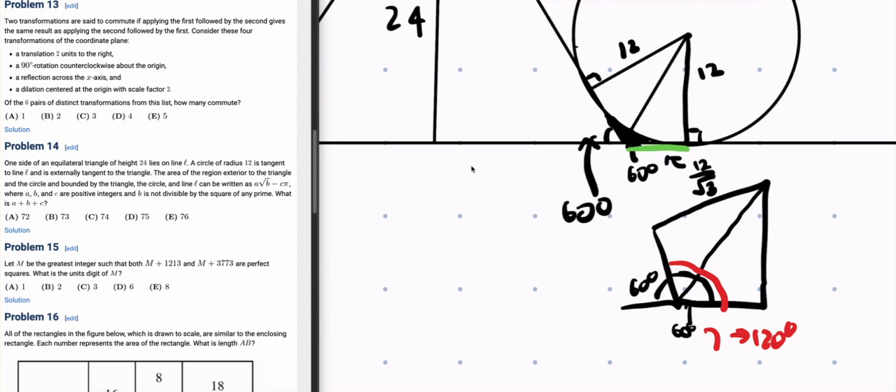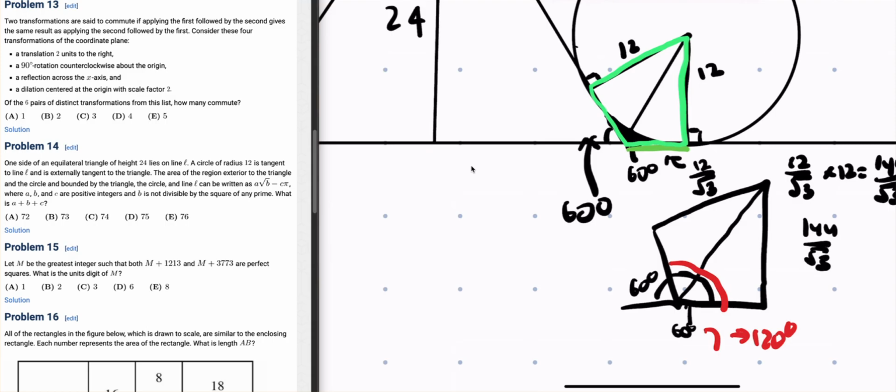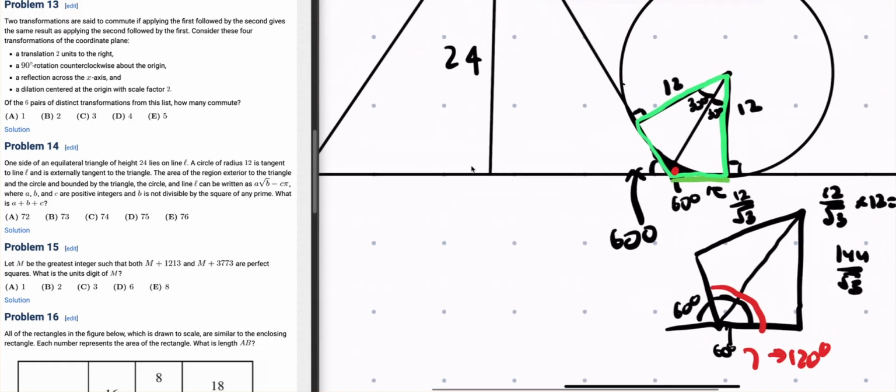And the area of this part will be 12 over root 3 times 12, which is 144 over root 3. Let me write that, 144 over root 3. Now we just need to subtract the area of this sector. Since this part is 60 degrees, this part must be 30 degrees, and this must also be 30 degrees, so this is a total 60 degree sector. So 60 degrees is 1/6 of the circle, so 1/6 times 144 pi would give us